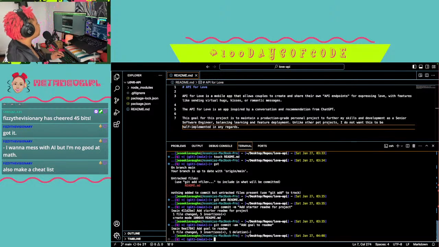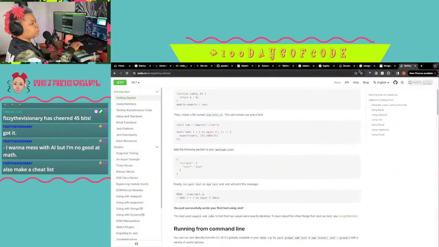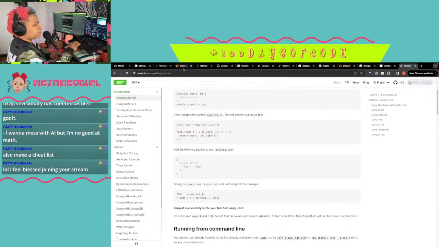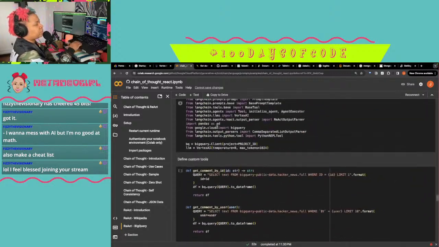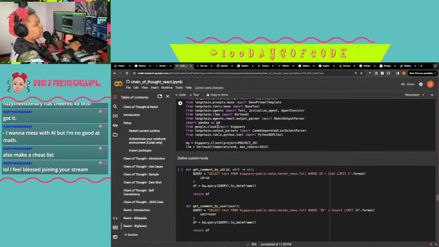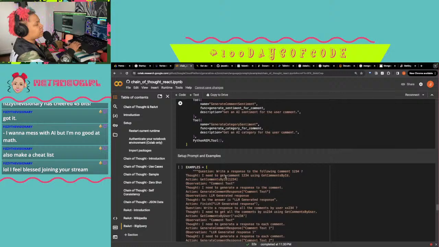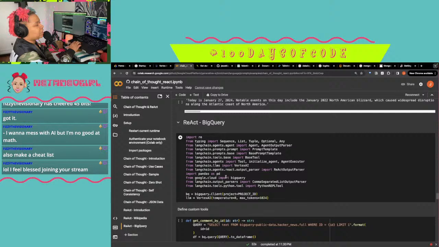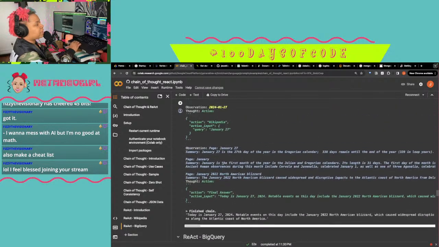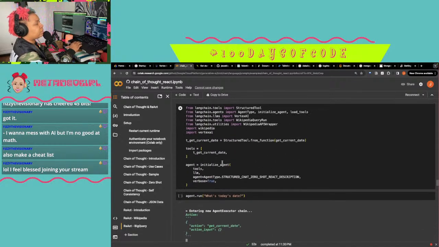one of the projects I was working on in my labs. Did I close it? I think I closed it. Let me see. My notebook is still open, I hope. Yeah, this is one of the projects I was on, one of the labs I was working on. This is Python, but a lot of these APIs might be available in different languages. This one is using a large language model from Google Cloud. This one uses Gemini. Gemini is their newest model.